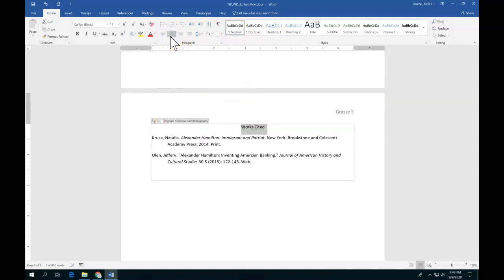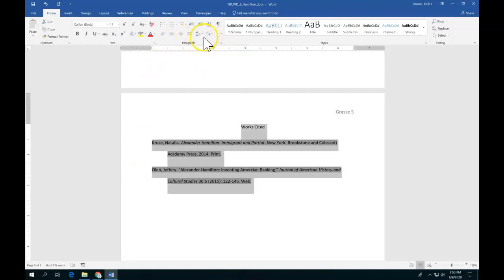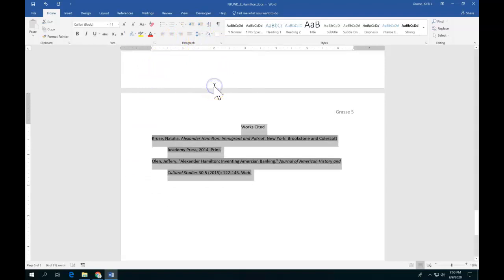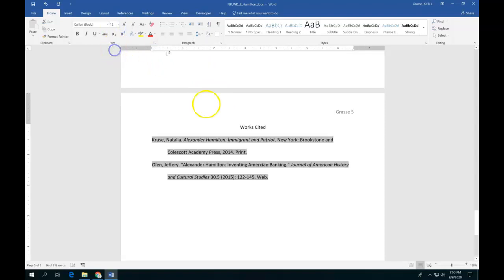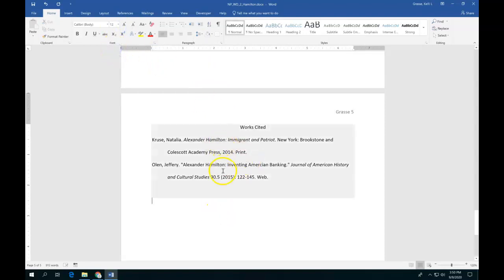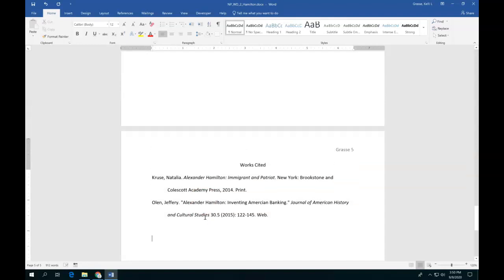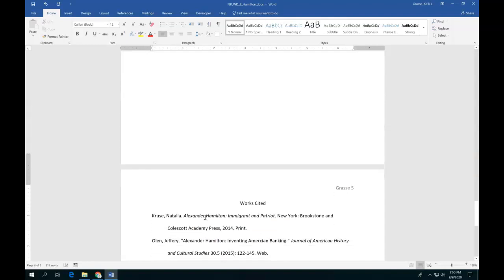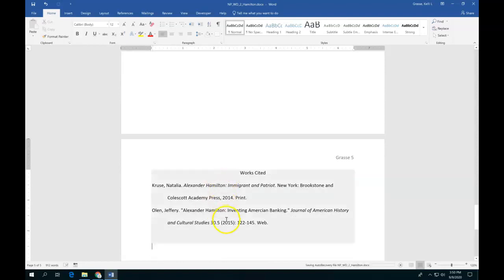And what else do we need? Oh, we should select everything here and make this double spaced and remove the space after. And 12 points, since the rest of our document is 12 point. So Word gets most of it right for us as far as how the actual citation should appear. Then you just have to change some of the spacing. But that's this second half of the book. It's inserting your footnotes, inserting the works cited stuff, or inserting the actual sources, and then producing your works cited